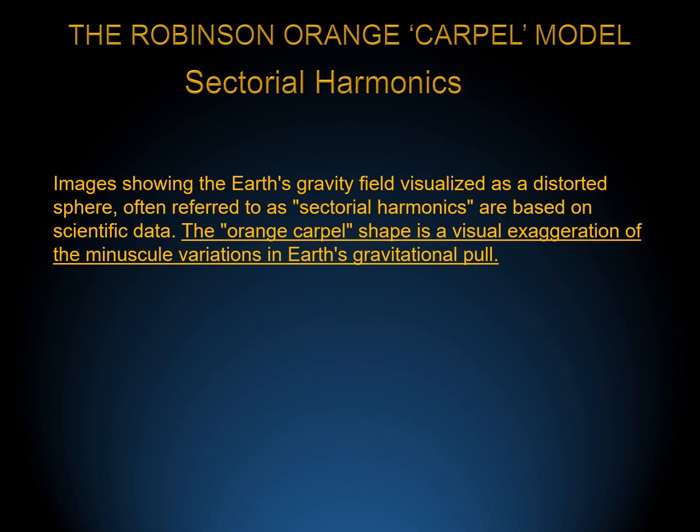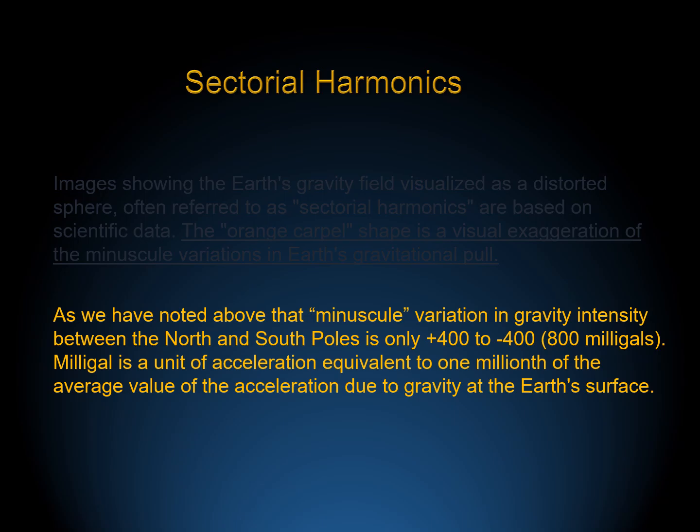An important point to keep in mind is that the orange carpel shape is a visual exaggeration of the minuscule variations in Earth's gravitational pull. As we have noted above, that minuscule variation in gravity intensity between the north and south poles of the Earth is only plus 400 to minus 400 milligauss, total 800 milligauss. Milligauss is a unit of acceleration equivalent to 1/1,000,000th of the average value of the acceleration due to gravity at